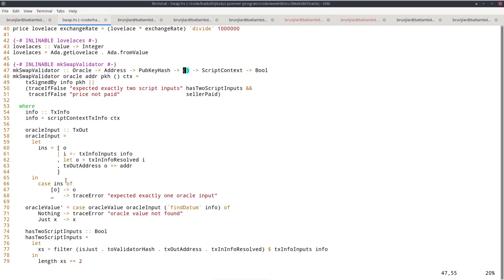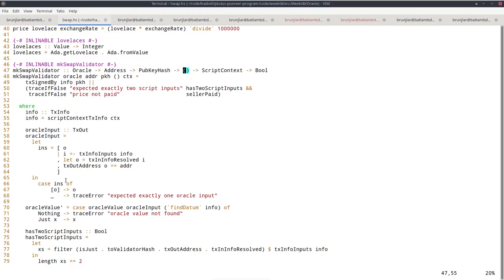Okay, and if you recall from the diagram, such a swap transaction should have three inputs, so two script inputs, the oracle to check the current exchange rate and the swap output that holds the Lovelace, and then as a third input where the funds are actually coming from the buyer.